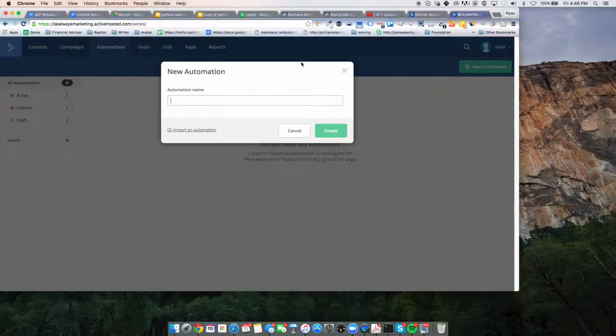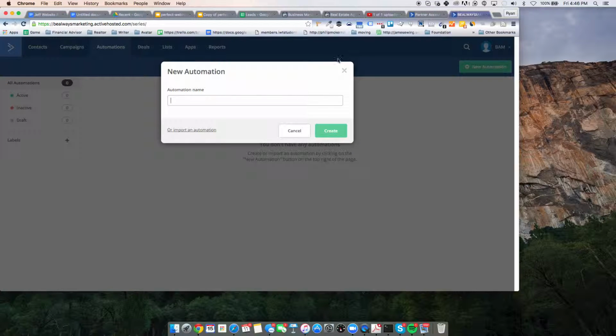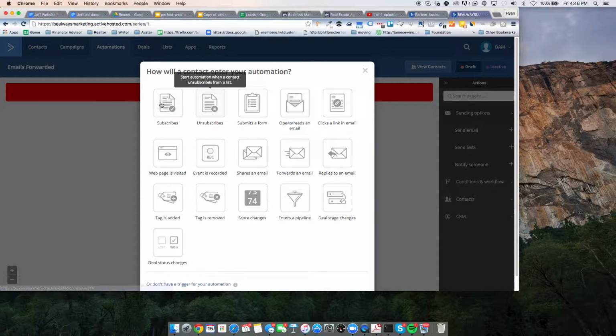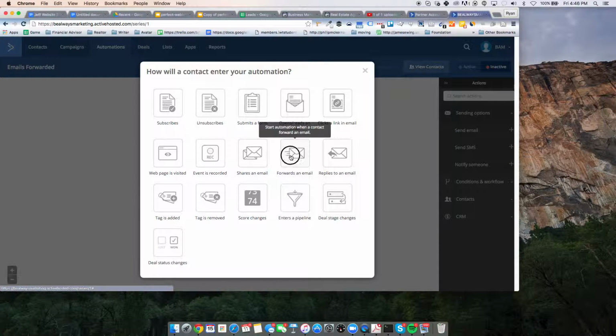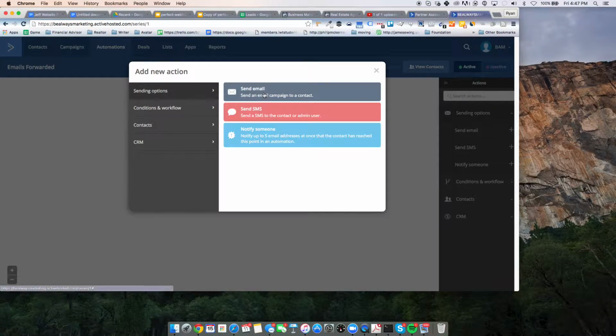We're going to call this, let's get the document out here. Emails forwarded. I like to keep everything really clean and neat and consistent. Then we're going to do forwards an email, any email, list once. Actually, we want to run this multiple times. We want it continuously running. And then a new action is